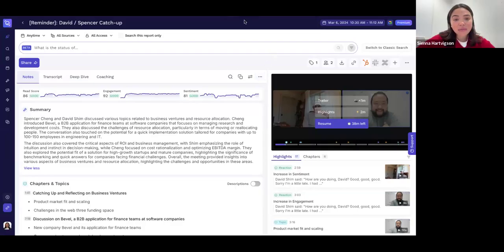No. So with any of Read's paid plans, you have unlimited storage and unlimited access to as many meeting recordings as you'd like. So you can add Read to any meetings, all meetings that you have, and we'll always save it for you. The second that you either delete a meeting report or you delete your account, it'll automatically be wiped from our servers. But with any of our paid plans, you have no worries there. There are some limitations on our free plan where you can only record up to like 5 meetings per month, for example. It doesn't necessarily come with all the video playback pieces, but any of our paid plans are completely unlimited.